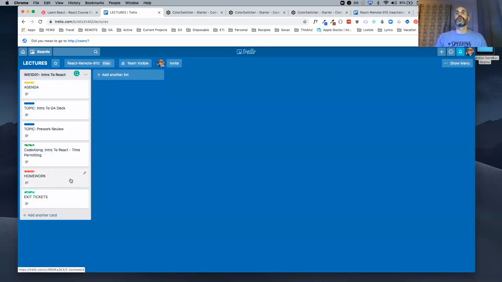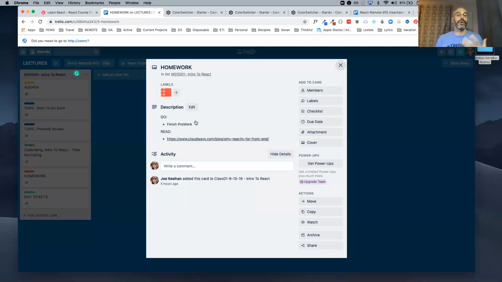So I know we're coming on 9:56 here. So homework. Finish the pre-work if you didn't already do it. Okay? If you did do it, maybe try spinning up a new code sandbox and taking some of your code pens and adding the code there. I know some people took Feud classes. Some people have code pens. You can easily spin those up.